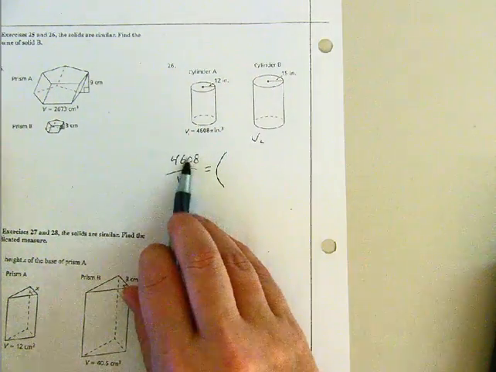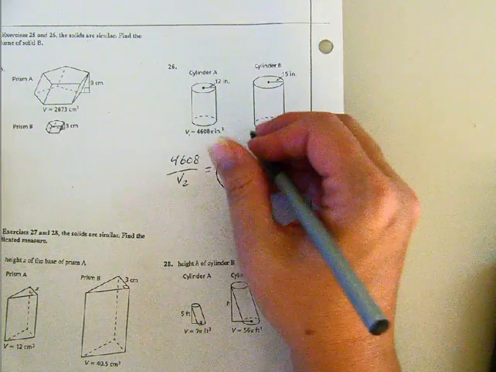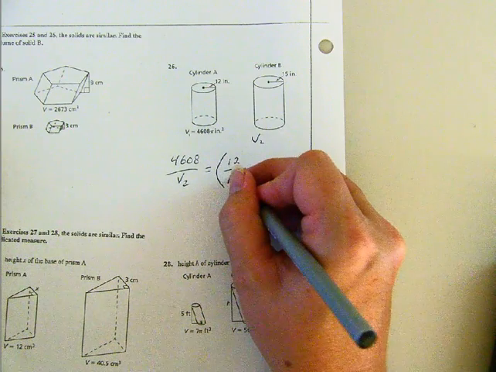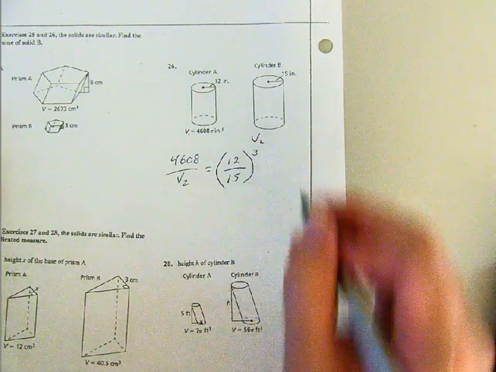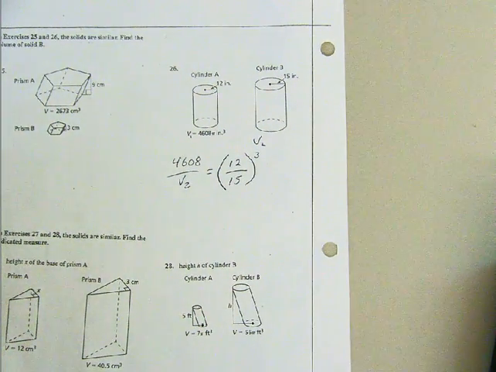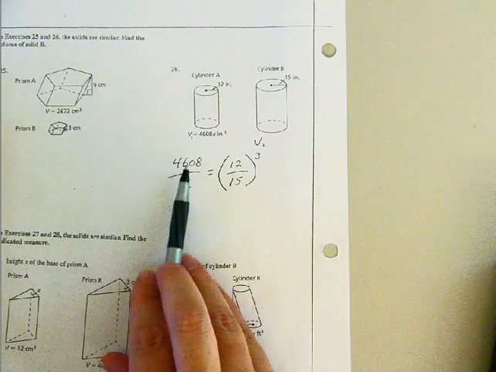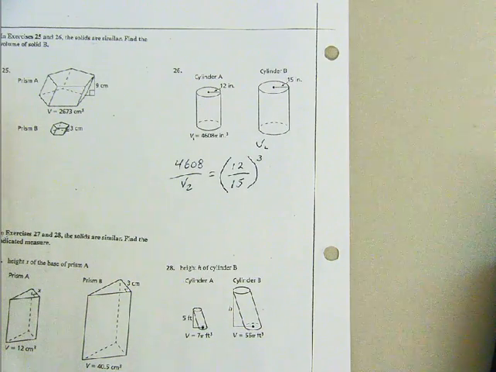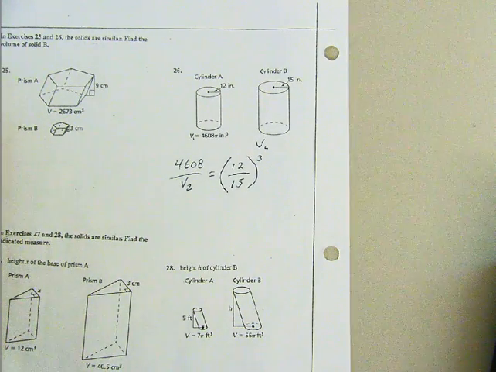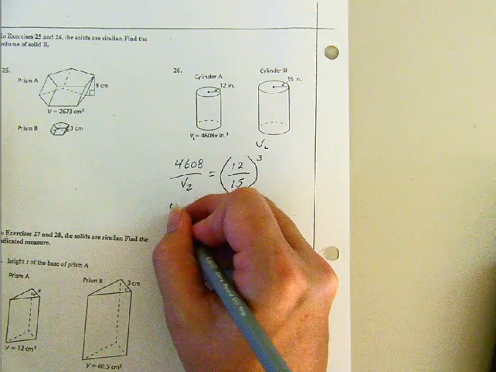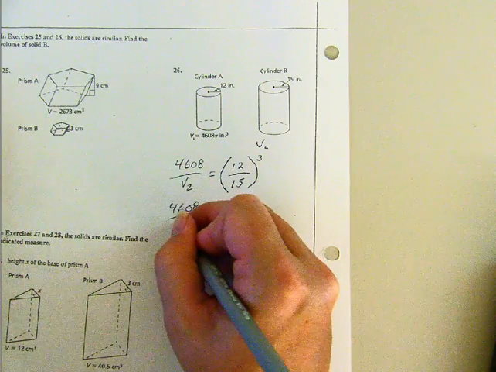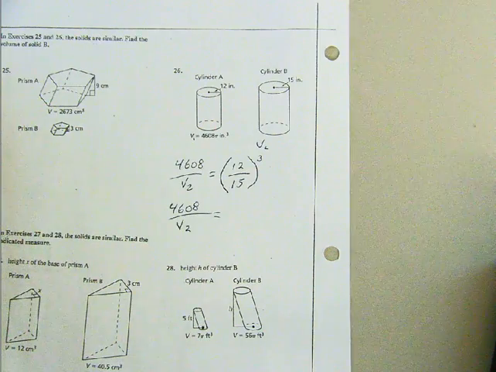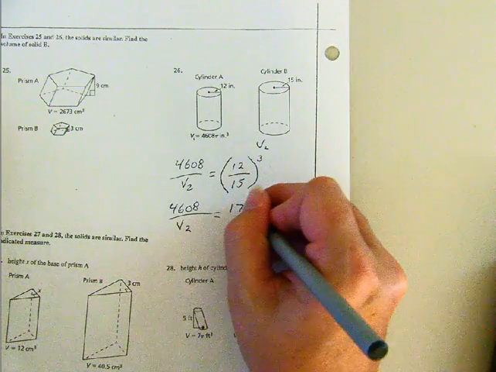So scale factor, since we went 1 on top, we're going to go radius of 1 is 12 over radius of 2 is 15, and it's cubed. Okay, so it's our scale factor cubed. So then what happens here is I'm going to cube the 12 and cube the 15. So 12 cubed. So we've got 4608 over V2 equals 12 cubed is 1,728